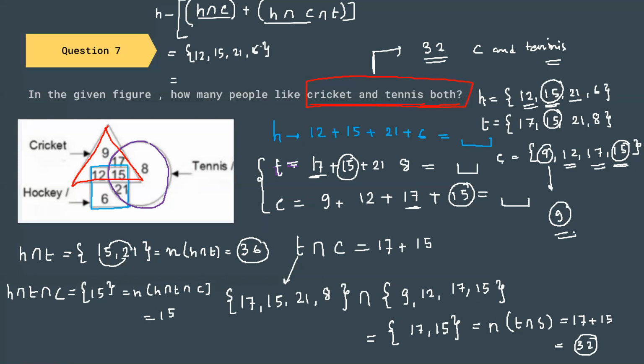If you understand the concept properly, try to understand my thought process. It is completely possible that you will have your own thought process of solving these questions. These are logical questions, and every question has a different thought process of solving it. And I really cannot say that your thought process is not good or my thought process is better than yours. Everyone has their own way of solving each question.